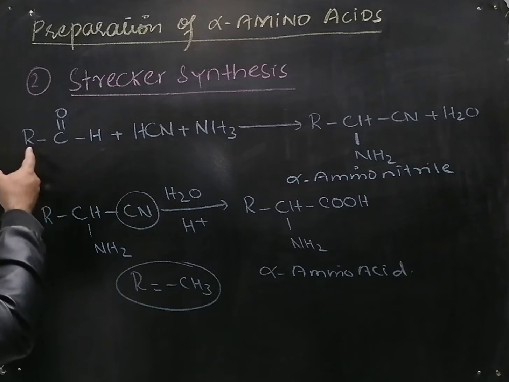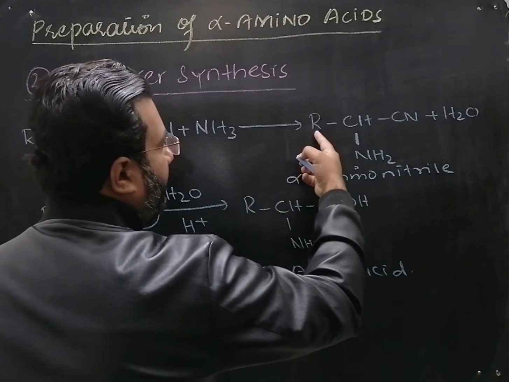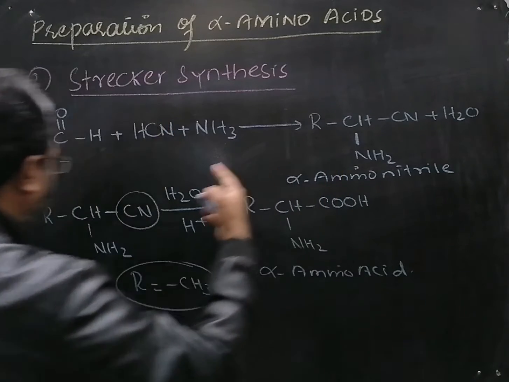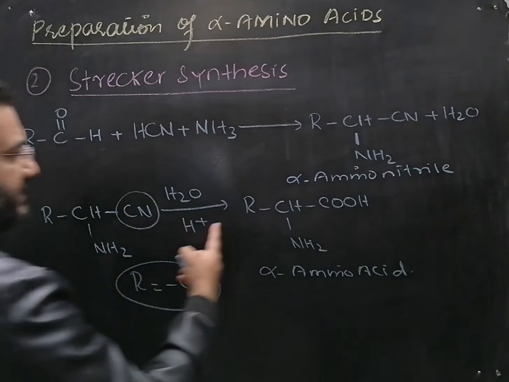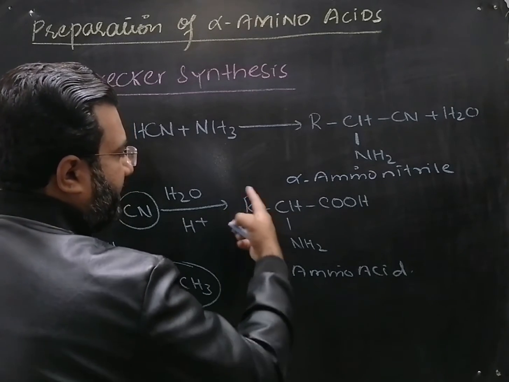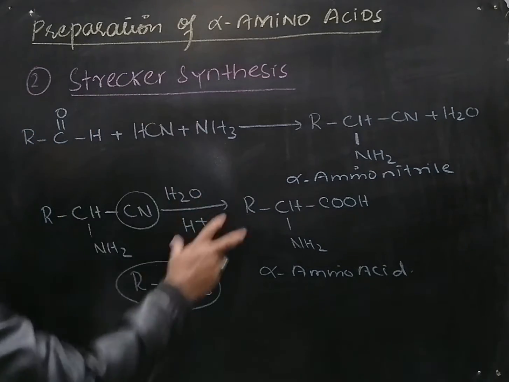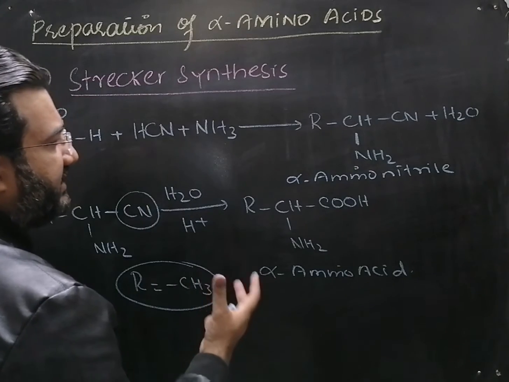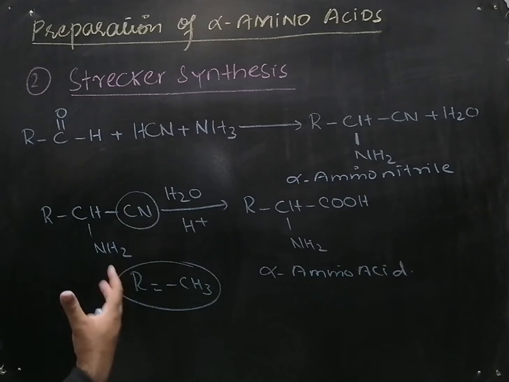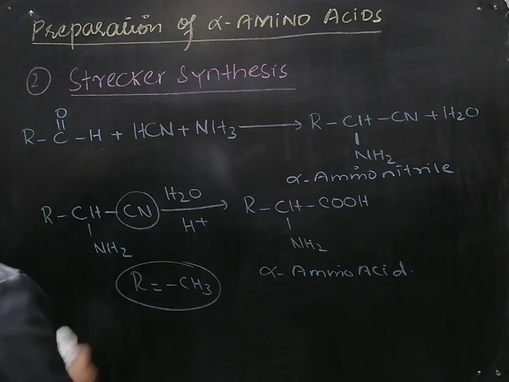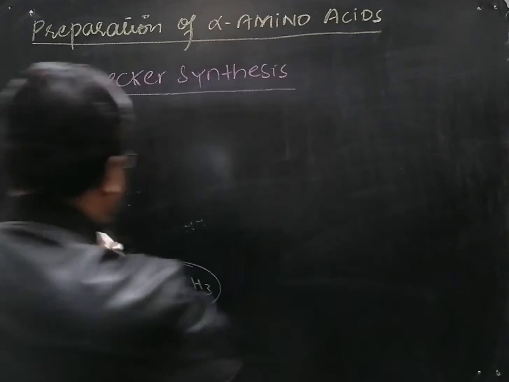methyl group. When you will write methyl here, it will be acetaldehyde, and here again CH3 will be used. And when this alpha amino nitrile of the acetaldehyde will be hydrolyzed, then you will get the alanine, because here at the place of R, CH3 will be used. Now, these are actually the net reactions of the Strecker synthesis, and looking at these net reactions, anyone can get confused until we study the mechanism of this process. So let us now discuss its mechanism, which will make the whole concept clear to you.